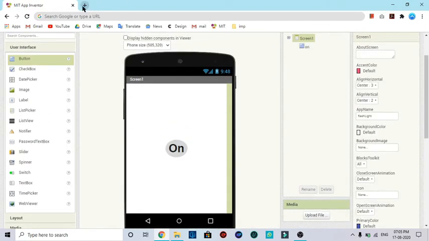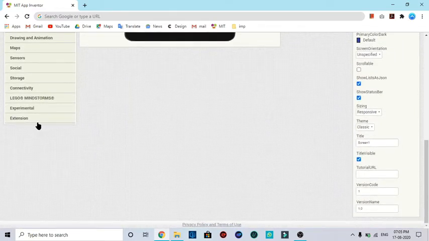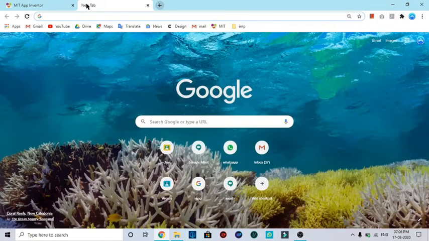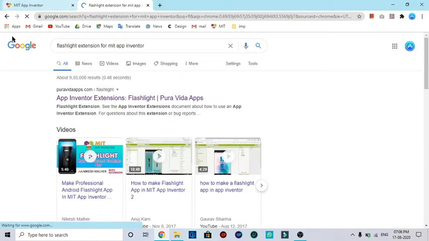Now you need a flashlight. It is not given in this, but I have earlier told you we will use an extension to import. For that, just go on Google and type, and go on whichever the first one appears, that is puravidapps.com.